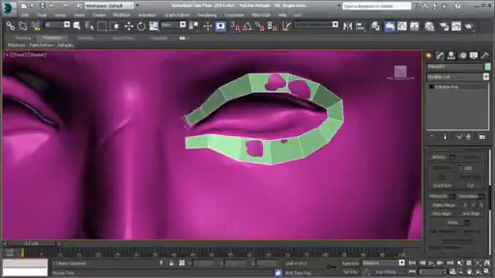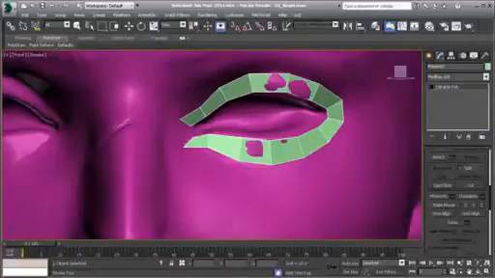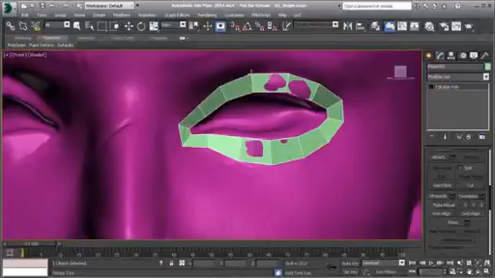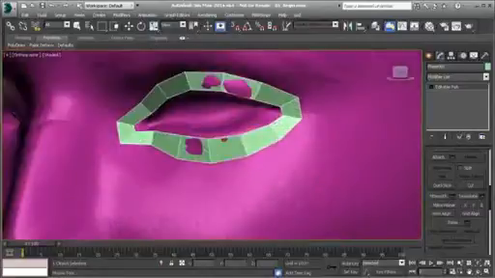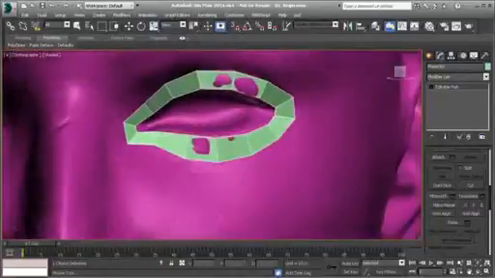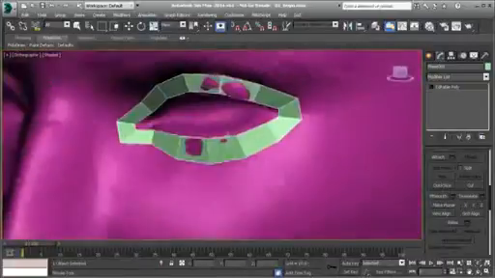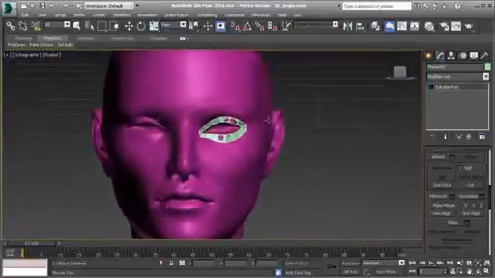Looks good. And then now what I want to do is tighten this up a little bit more, just kind of bringing those around some. Okay, there we go. And then I'm going to start to build out the rest of the face. So once the eye has been built, I like to come in and start building around the mouth. And I'm just starting to get these loops together, so that way I can just build in between those. So at this point, what I like to do is just go ahead and go to Polygon